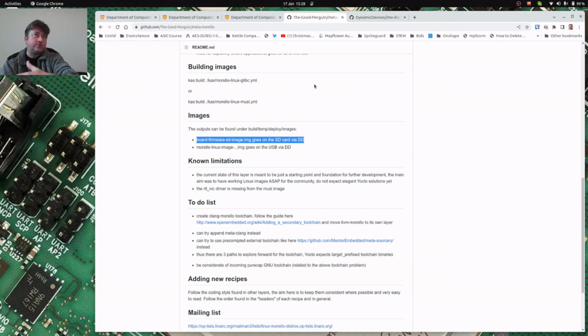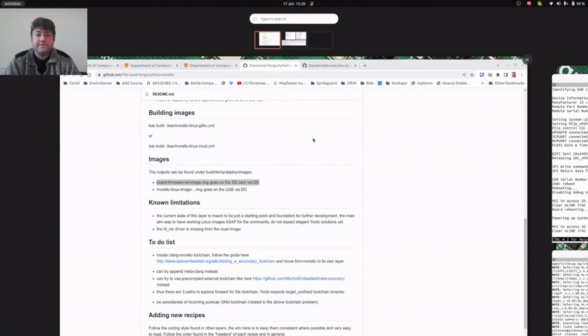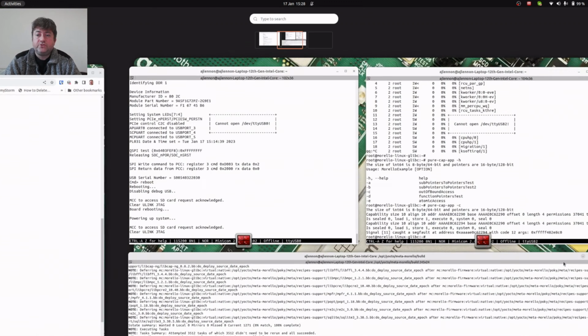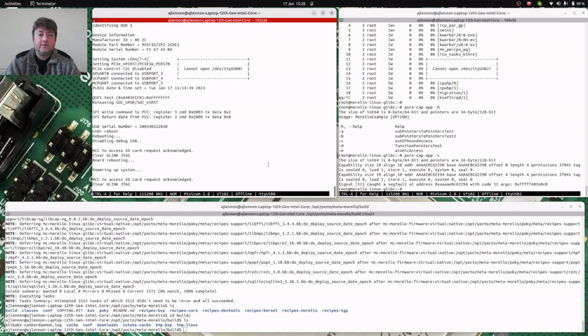This is external to what we're talking about with Yocto. This is the CHERI magic. Then we've got a separate image, more of what we would expect with our Yocto image, which is built in Temp Linux, this Morello Linux image that we're looking at there, and we can put that onto the USB stick. So first things first, if I go back over to my programming windows here,